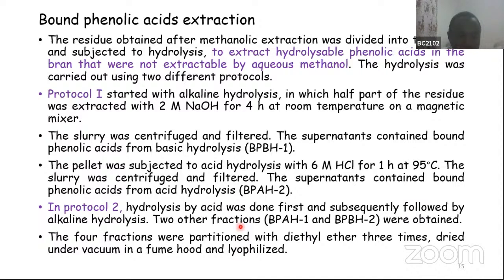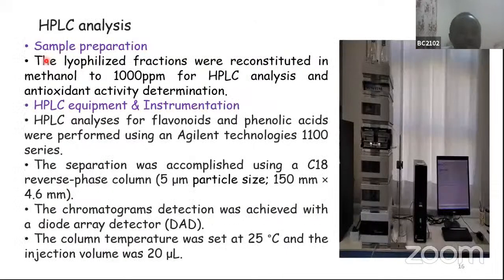In protocol 2, acid hydrolysis was done first, followed by alkaline hydrolysis. Two fractions, bound phenolic acid hydrolysis 1 and bound phenolic acid hydrolysis 2, were obtained. The four fractions were partitioned with diethyl ether 3 times, dried and lyophilized. For the HPLC analysis, the lyophilized sample was reconstituted